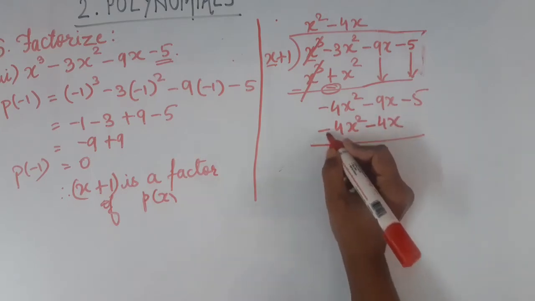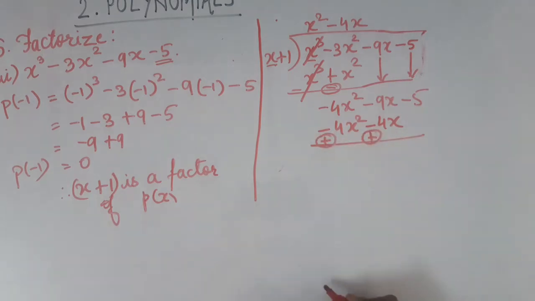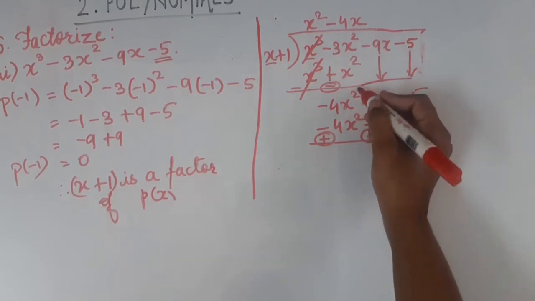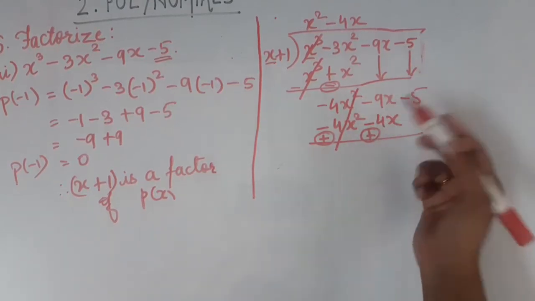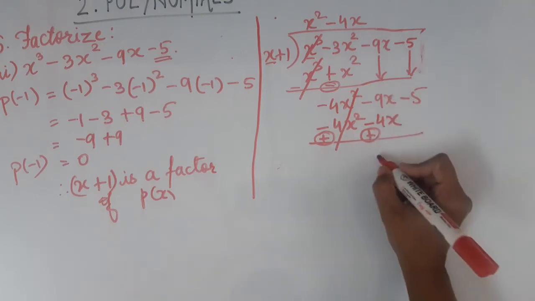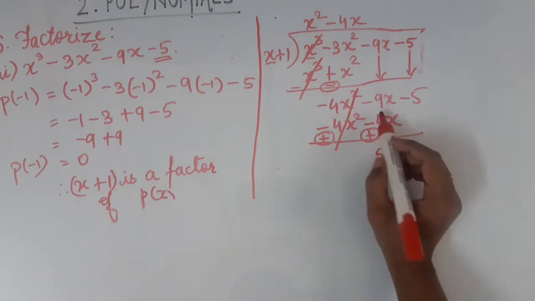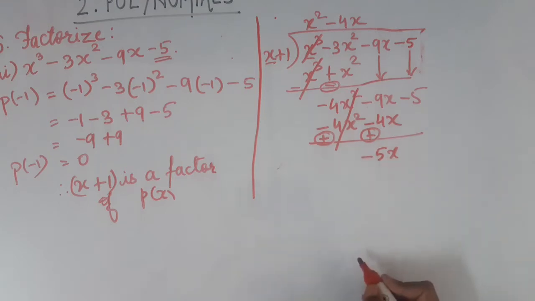Again change the sign, so minus will become plus. This minus will also become plus. Now you will consider the lower sign. So minus 4x plus 4x square cancel. Then minus 9x plus 4x. Different sign is there. Here minus and here plus. So you will subtract. So 9 minus 4 I'll get 5x. But give the sign of greater number. Greater number is 9 which is having negative sign. So it will have minus 5x.